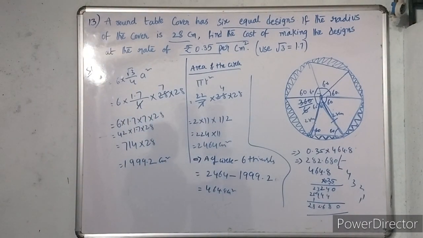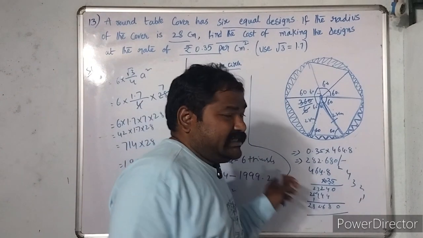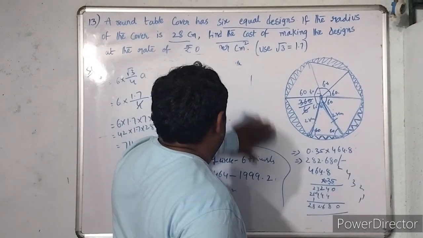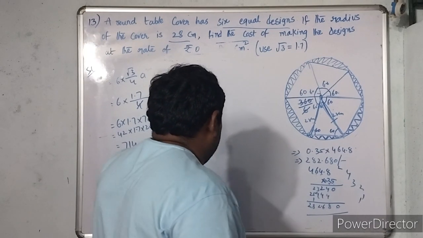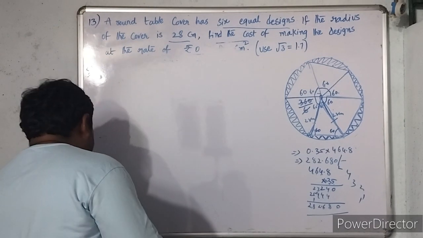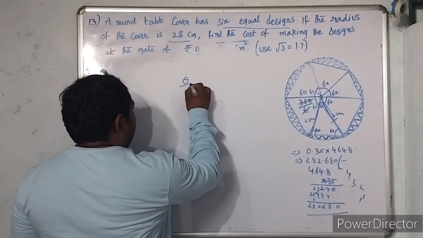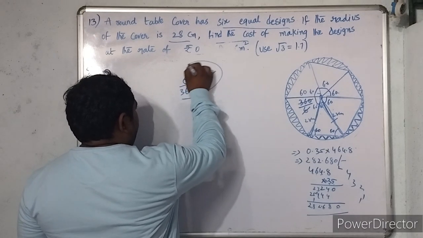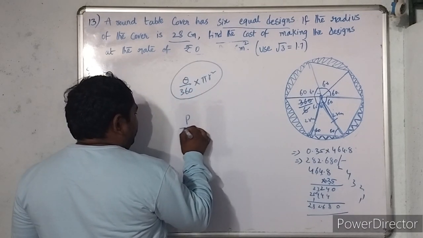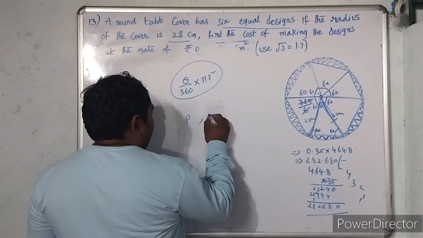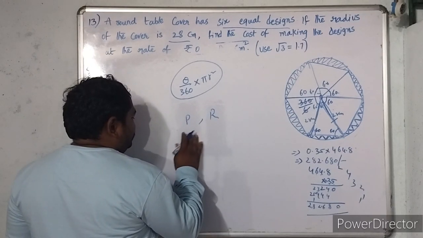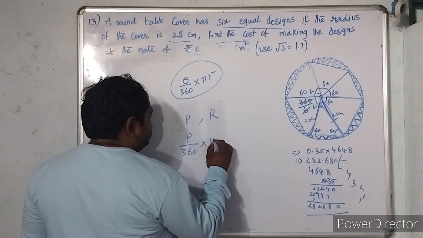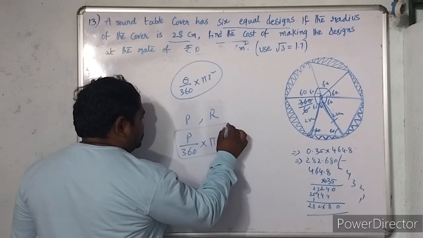With this we completed areas related to circles. Okay, the 14th question. We have the formula to find out the area of the sector. What if the angle is theta? The area of the sector is theta by 360 into pi r square. But in the 14th bit they given the angle is P and radius is R. What is the area of the sector? Angle is P by 360 into the radius is R, we have pi R square. This is the answer for the 14th question.